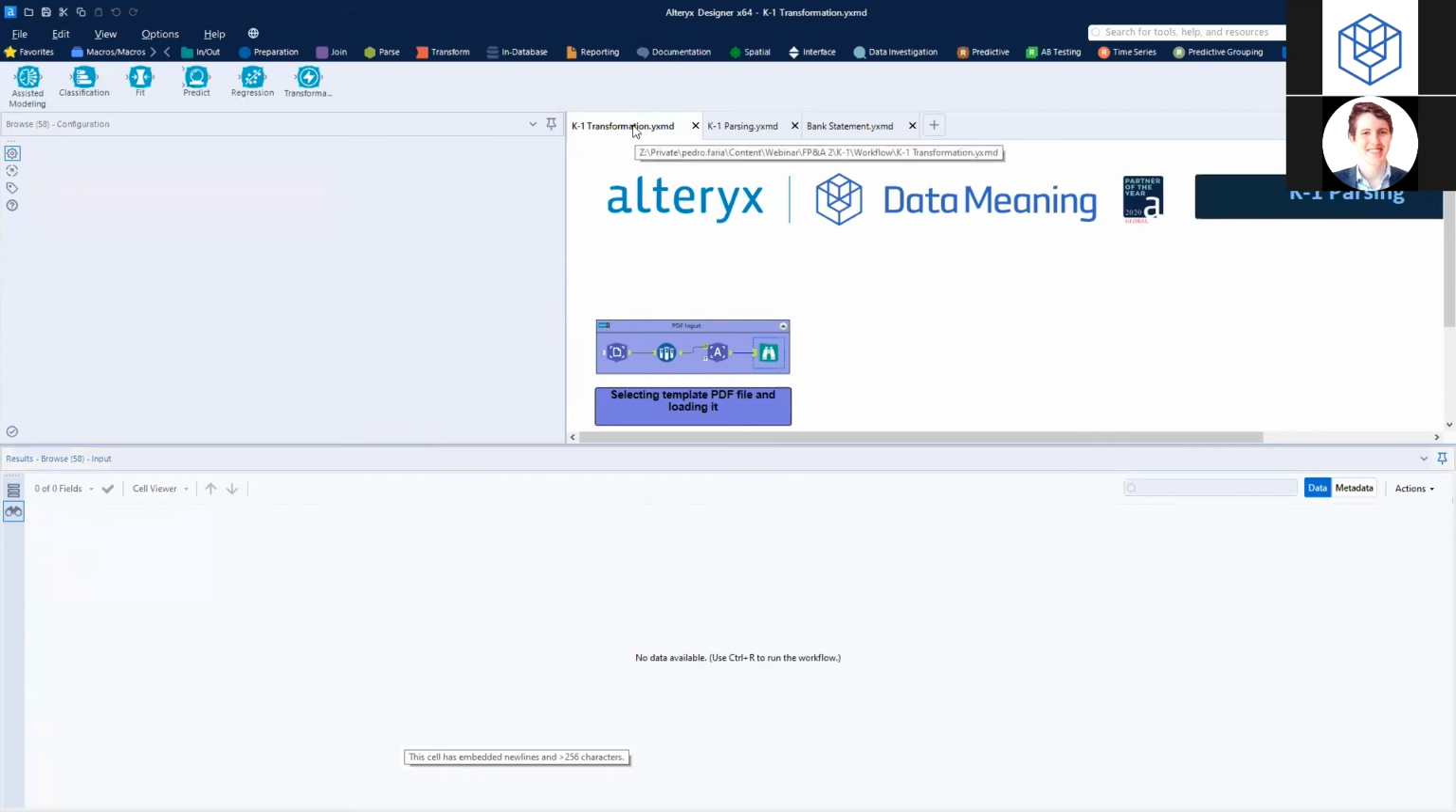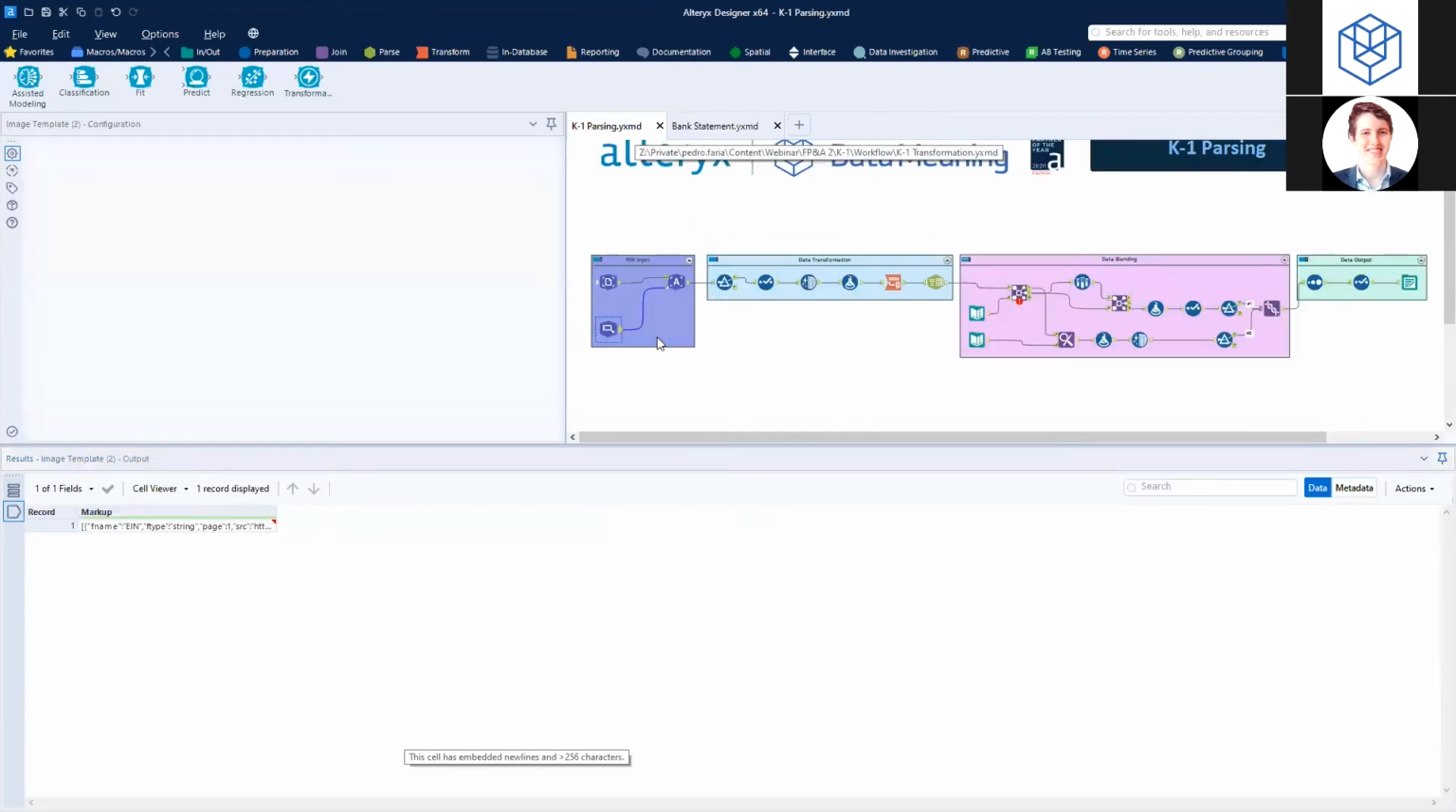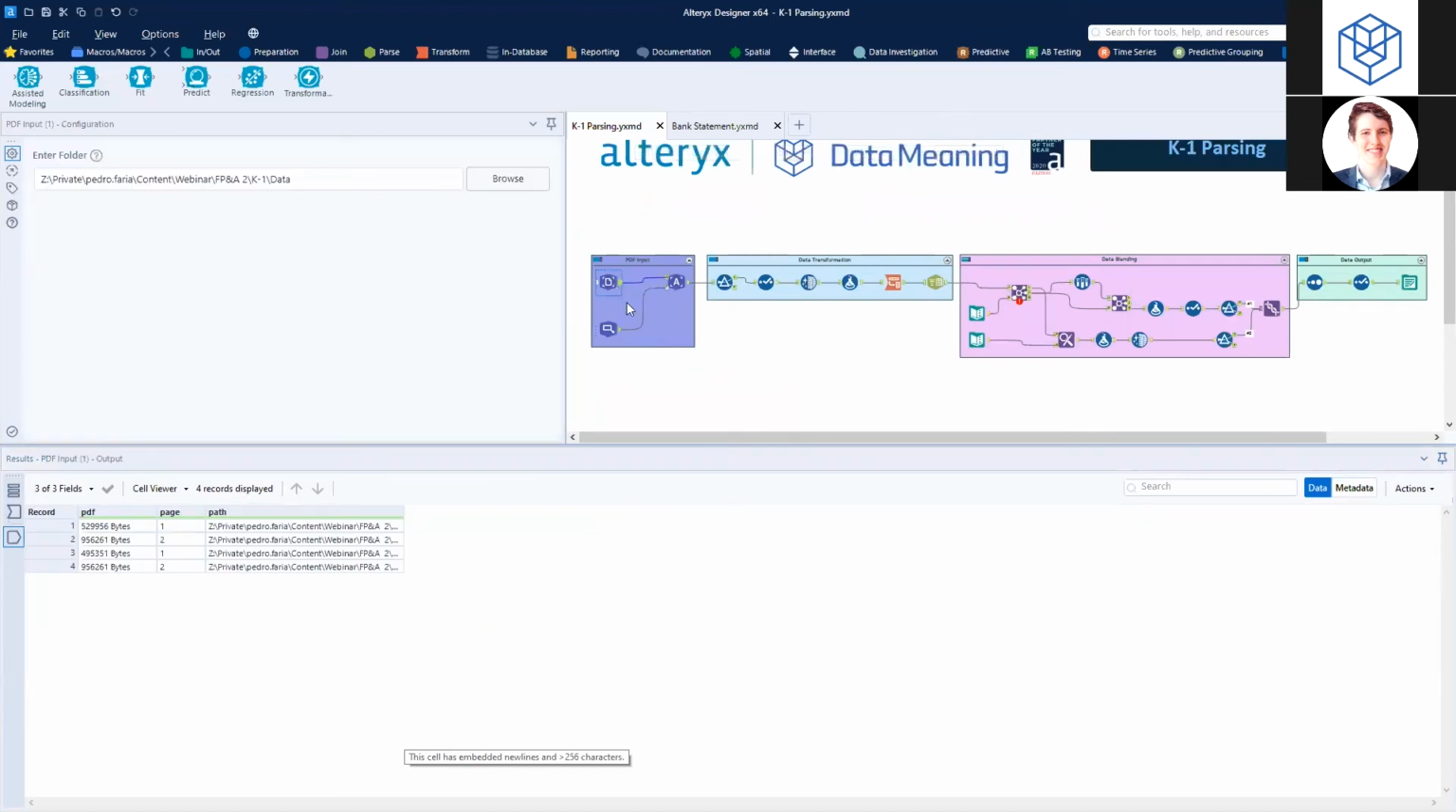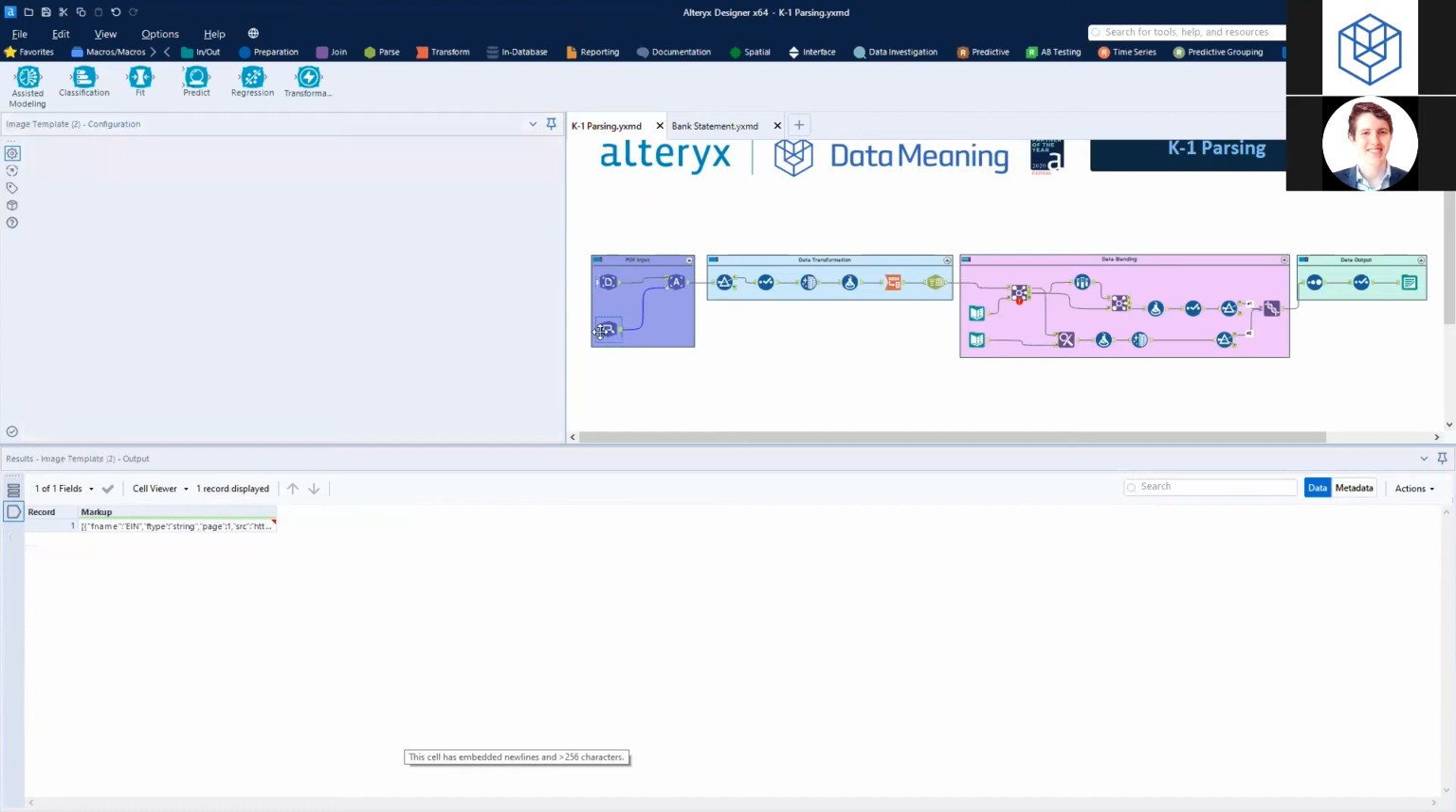However, manipulating K1s, you don't have to load everything. What you have to do is load a specific part of the file, for example. Okay, so what I'm saying is that what I did, I've loaded whatever PDFs were in this folder right here on my computer, and then using something called an image template,